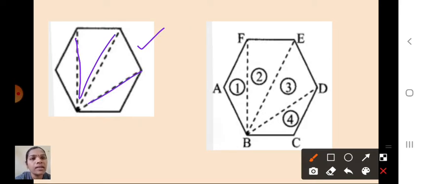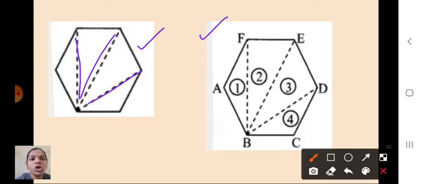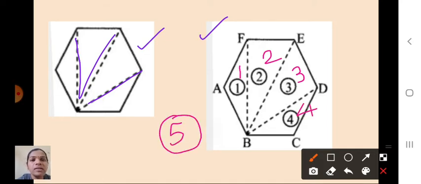So children, see here, this figure I have given. How many triangles will we get? This is 1, 2, 3 and 4. So in total, how many triangles are we getting if we divide this into triangular parts? Yes, 4. Now what do we have to find? The sum of the angle measurements, we have to find.